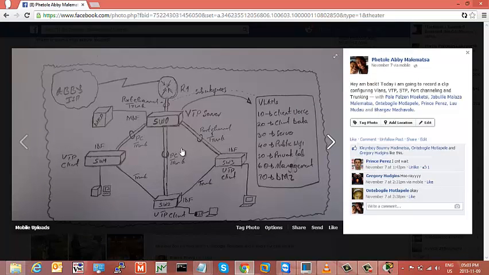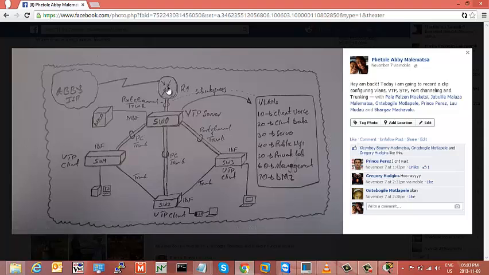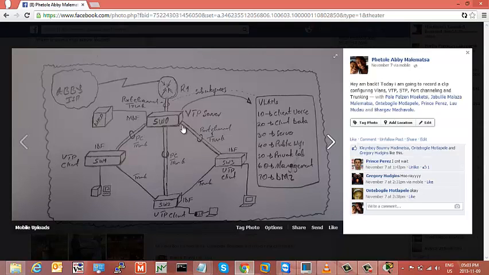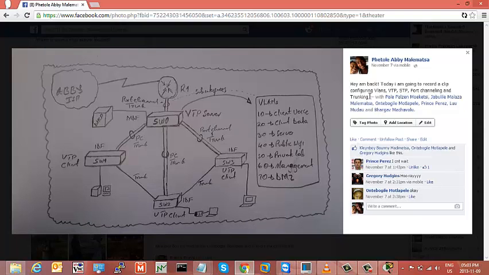As you can see here, I decided to use this kind of a lab design whereby we'll be having our core switch here, and then three IDF switches. Our core switch has a routing capability, so it will be connected to the ISP router. The main things that I'm going to configure today are VLANs, VTP, STP,